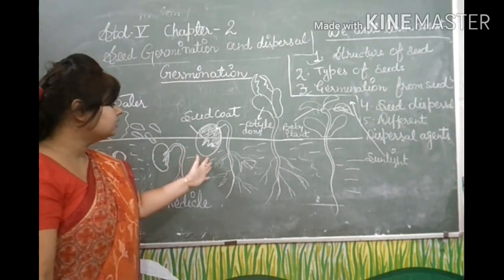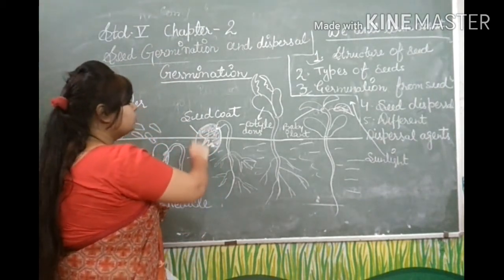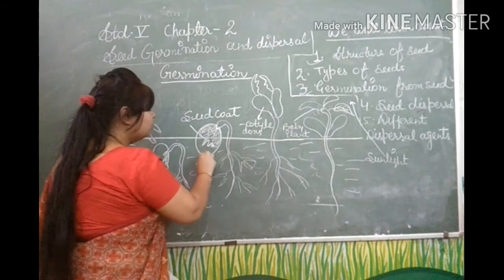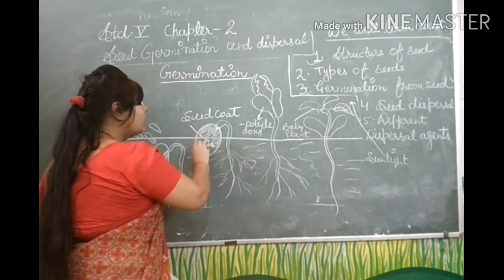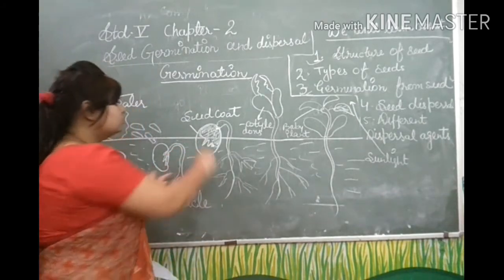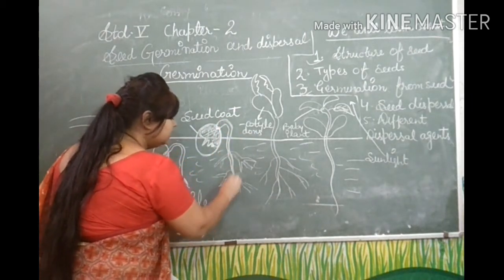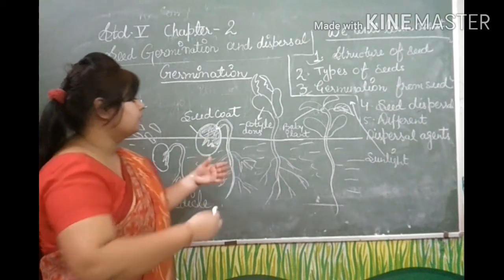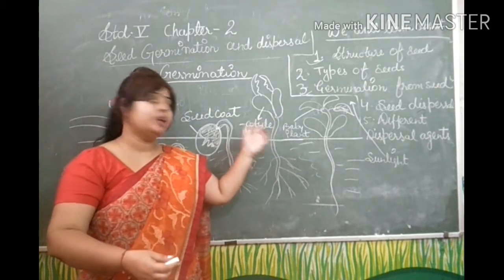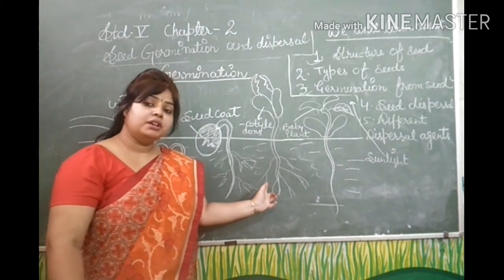In the next stage, after some time, you will observe that the seed coat appears. In the last topic I explained the seed coat. It is the hardest part of the seed. So the seed coat appears on the seed. After a few days the seed develops further and changes into cotyledons. The dicotyledons and roots are functioning properly.